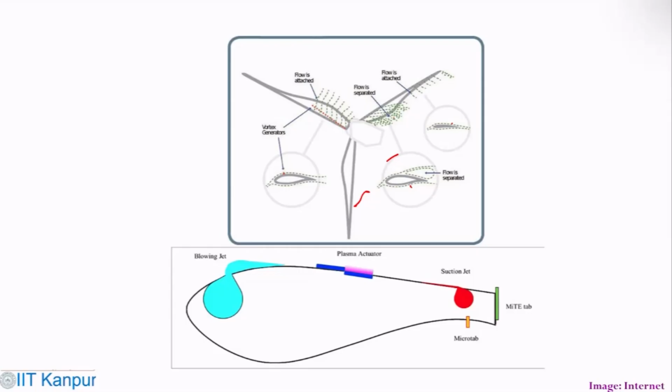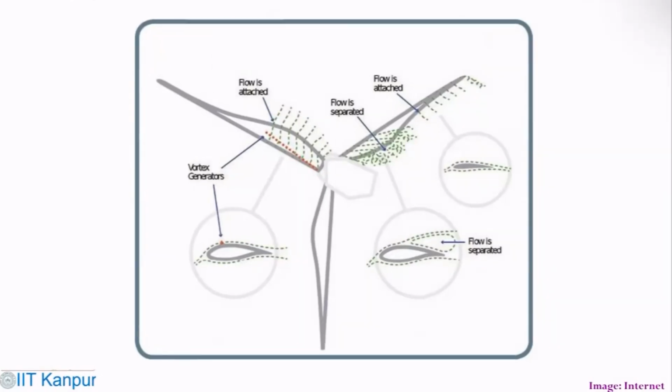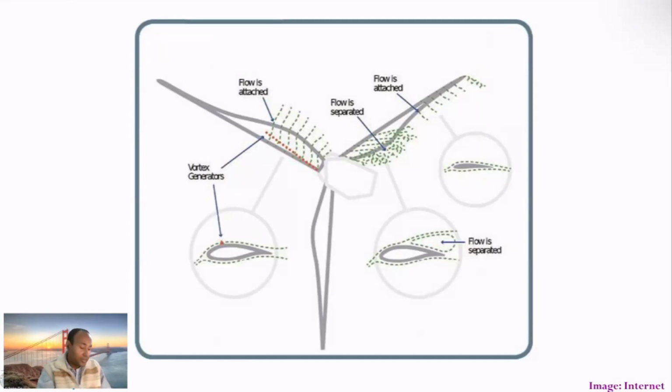In passive flow control, you try to have this kind of modification, and in active flow control, you try to change the pitch or have some yaw motion. The whole point is that when the flow passes over these rotor blades, which have different aerofoils at different sections, the flow patterns are different. Even on a blade over here, you could see the flow is separated, but in this particular case, the flow is attached. In this condition, there would be drag, which eventually contributes towards the complete drag or the loss of the system.